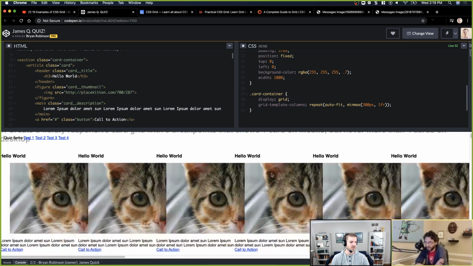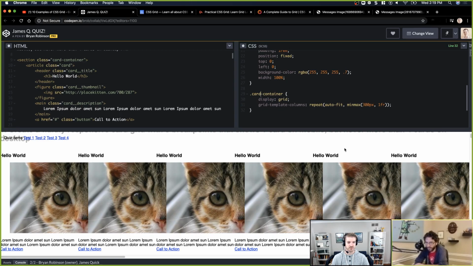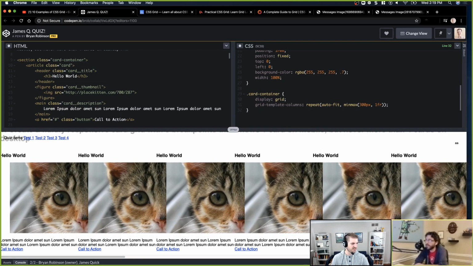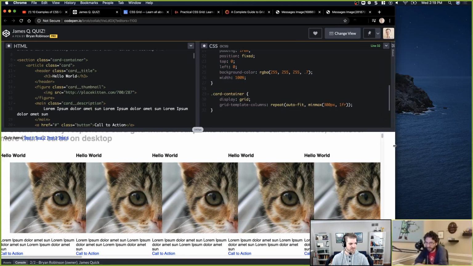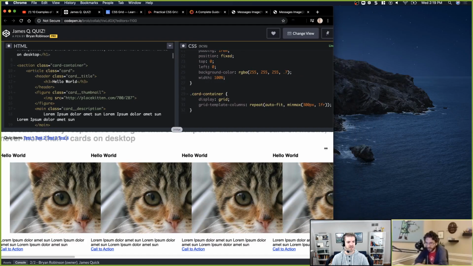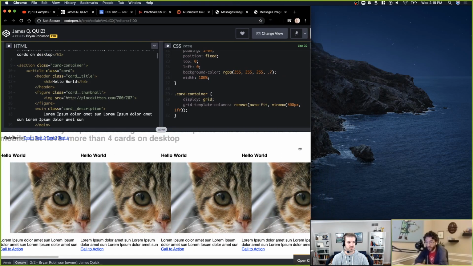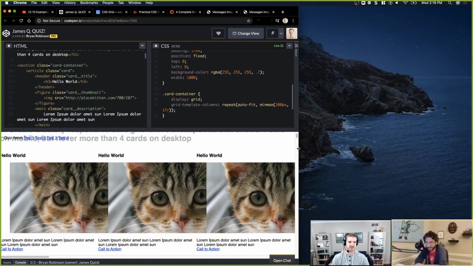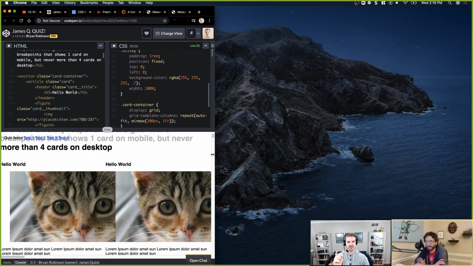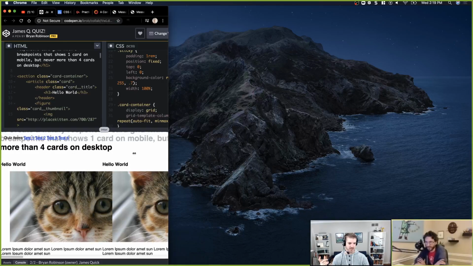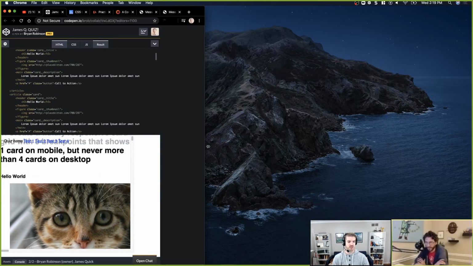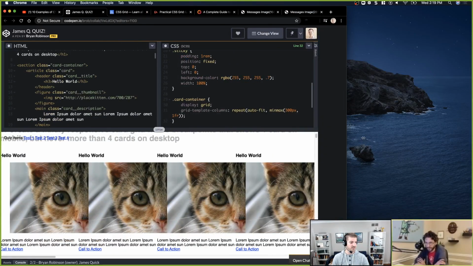Cool, yep. All right. What's the best way to shrink? I guess just my personal browser. And as I shrink this, the issue we're going to have is the images themselves are not staying within their box. You can see that at the very least the boxes are shrinking, going from 4 to 3 to 2, and eventually to 1. So at least the grid container itself is relatively working.